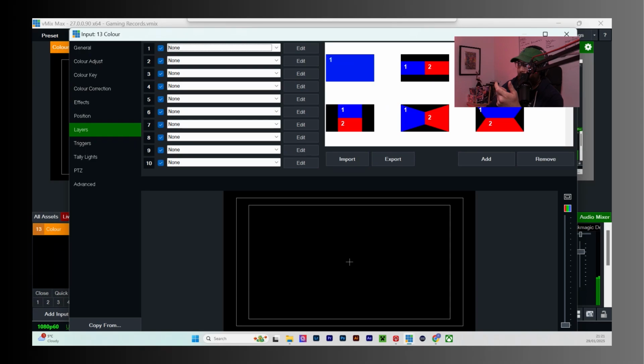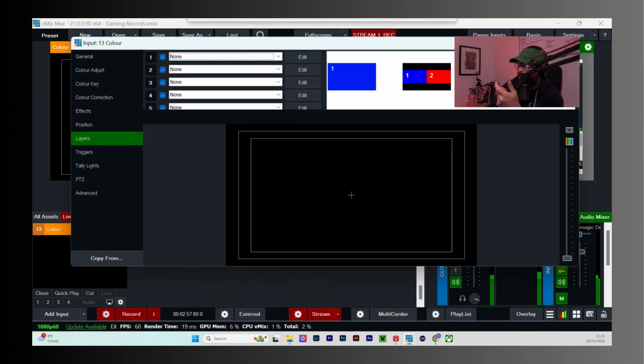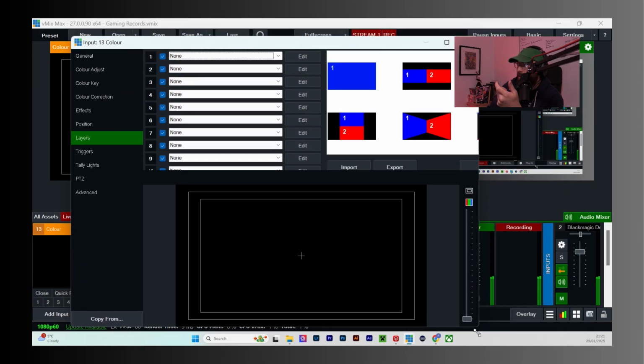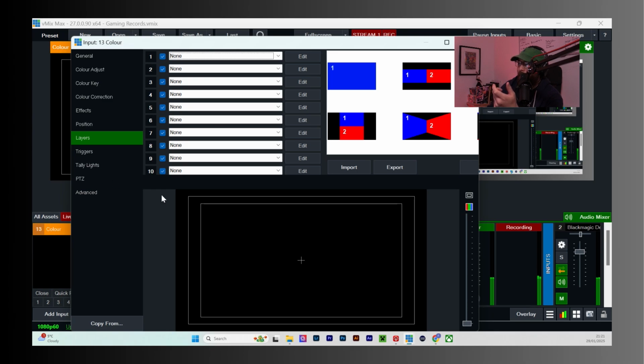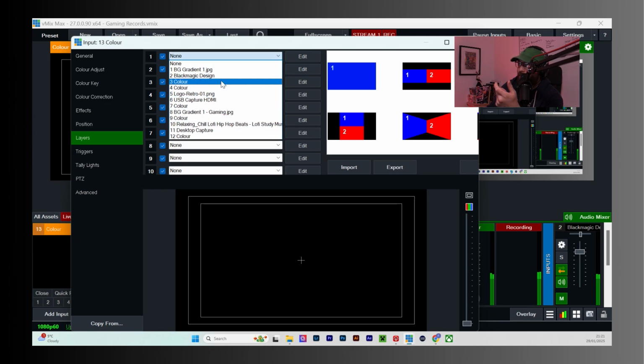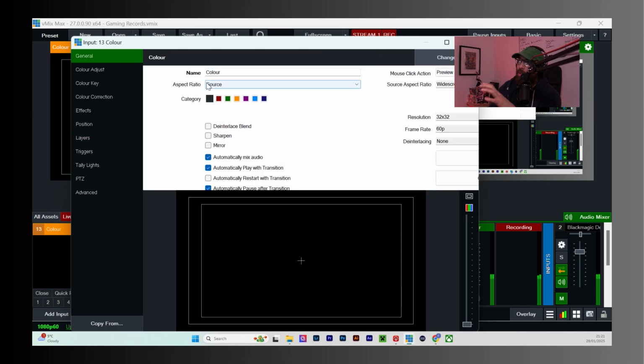Sorry, you can't see that. So what happens is this box shows up once you click on that blank input, and it gives you a bunch of layers. And here I can choose from whatever different things I've added to vMix. There's some native things and there's additional things you can add, but what we're worrying about right now is the layers and then how we would organize them.